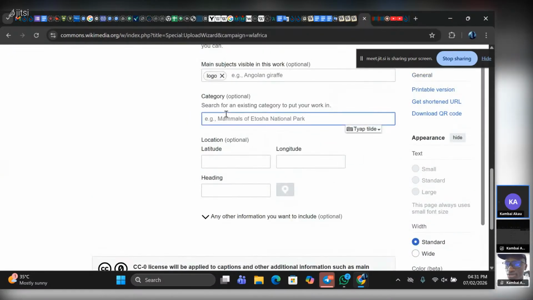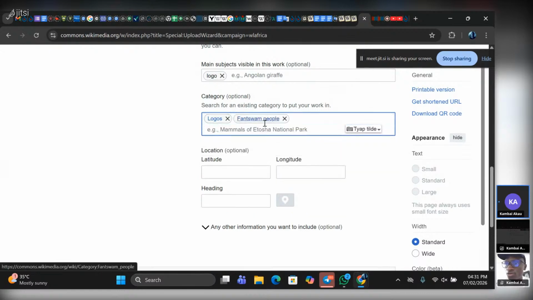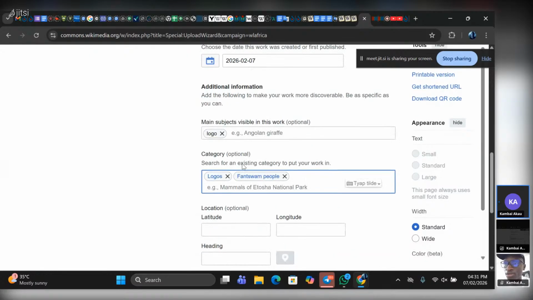But let's just say you add other categories to it, logos. Maybe I put logos and then I put function people, because anything that this image is related to, and then I put Wiki Loves Africa images,